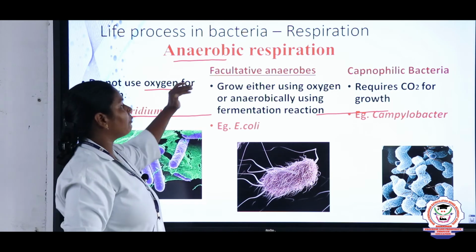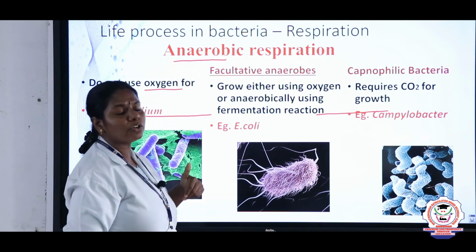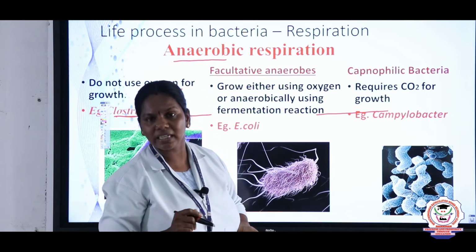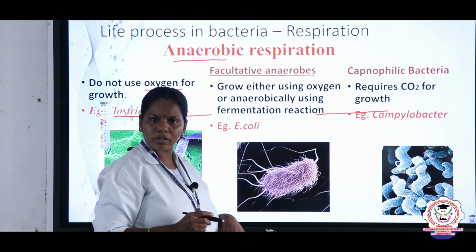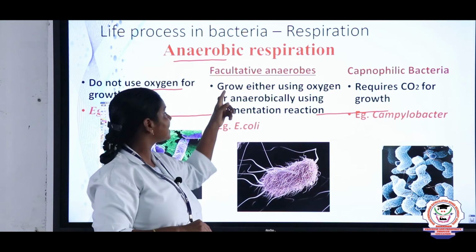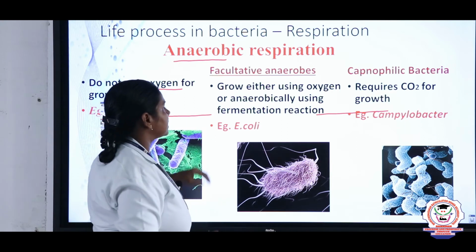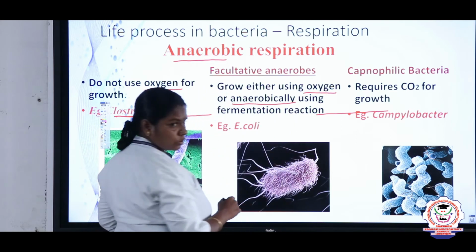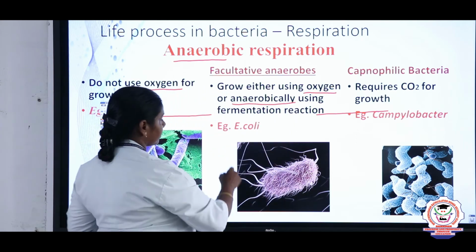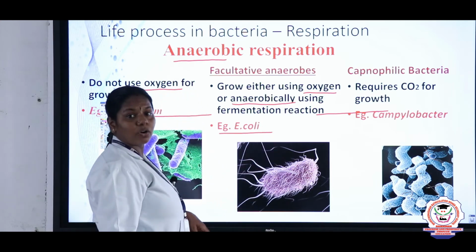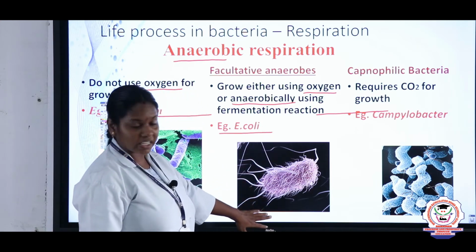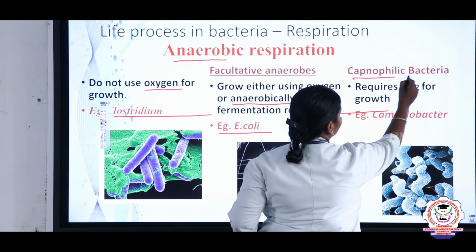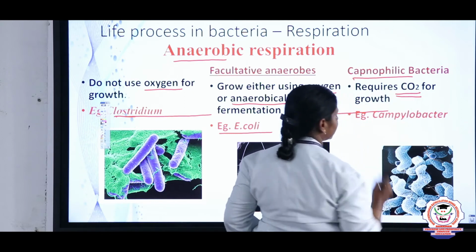And another one is facultative anaerobes. That is, they can live without oxygen or they can live with oxygen also. Such bacterium, we say as facultative anaerobes. You see, children, they grow either using oxygen or they can live anaerobically also. Example, E. coli. E. coli, full name is Escherichia coli. It is present in our intestine. And capnophilic bacterium. What is capnophilic? It requires carbon dioxide for its growth. Example,